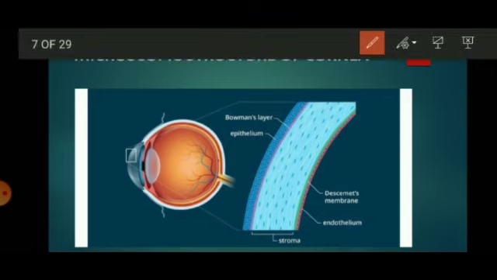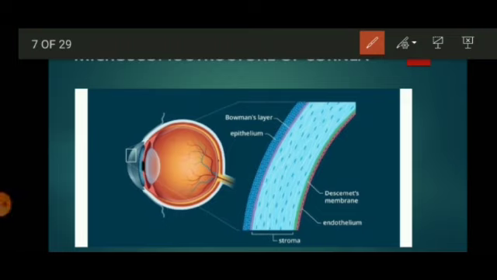Microscopically, the cornea consists of a few basic structures. Guys, if you get to understand this microscopic structure of the cornea, you will be able to understand each and every disease of the cornea, whether it is an inflammatory disease, degenerative disease, ectasia, or pigmentation, if you just know the basic microscopic structure of the cornea.